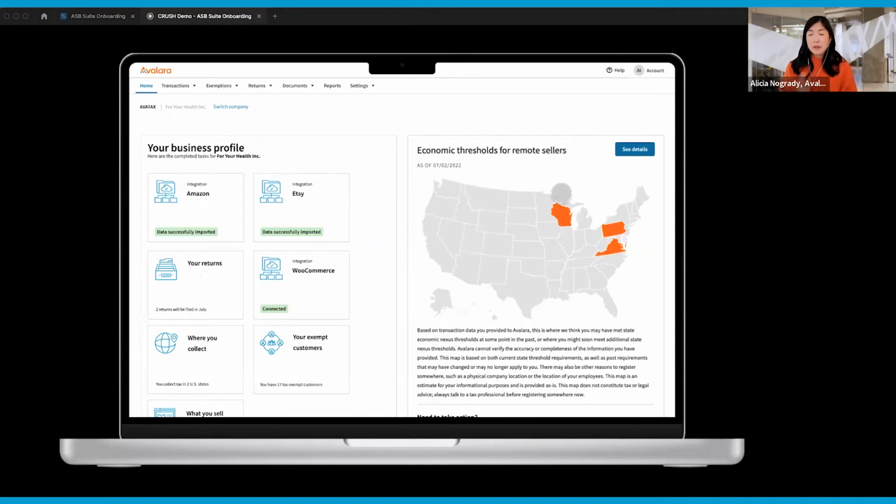So earlier I had mentioned tracking economic nexus. I think when I've spoken to customers in the past, a lot of them are doing it manually. We want to help automate that for you. So if you're not really familiar with economic nexus, basically what that means is if you're selling into a state,